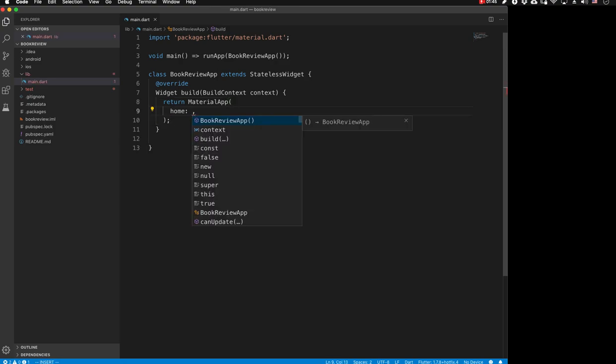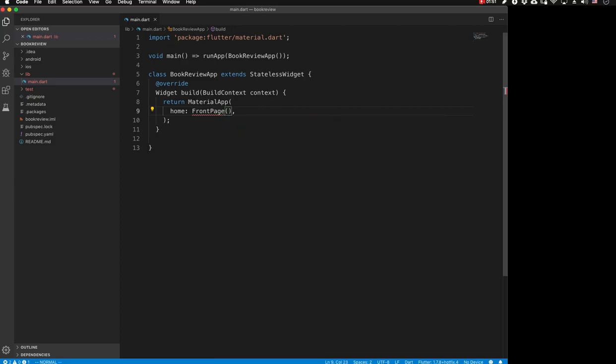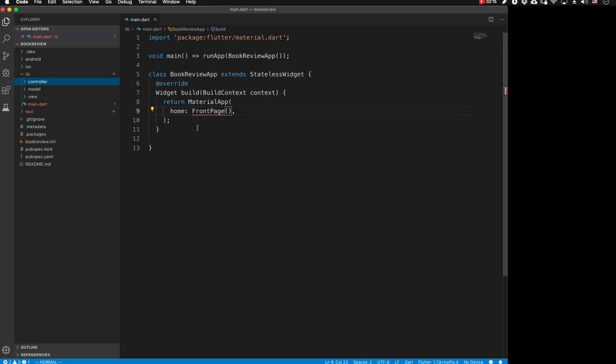And then in home, let's have a very front page there. So we are going to create a front page as a view and a controller. So in the lib, let's create model, view under lib, controller. So by this time you should have memorized how to set up a view and controller. So let's define front page under view,